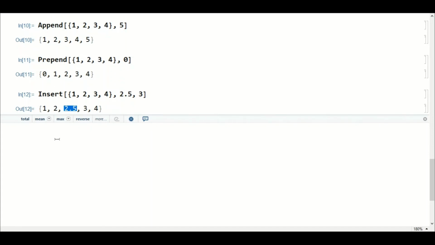Now we will talk about a command called flatten. This is also very important. What flatten does is it converts a nested list into a single list.